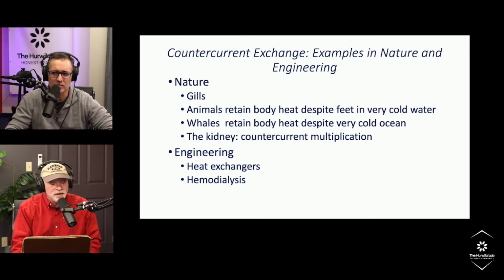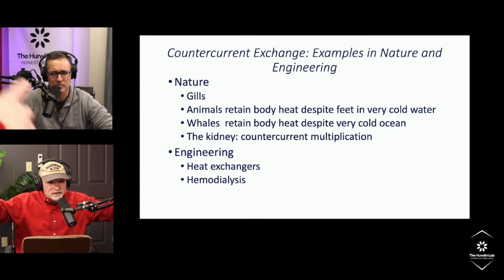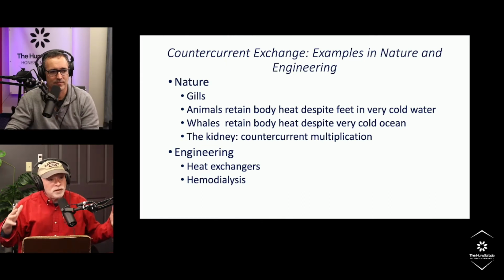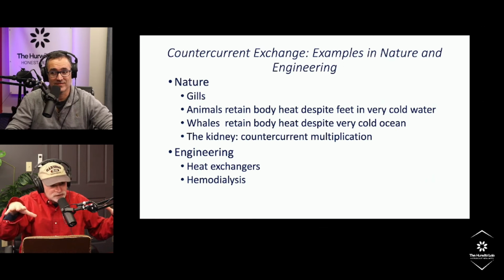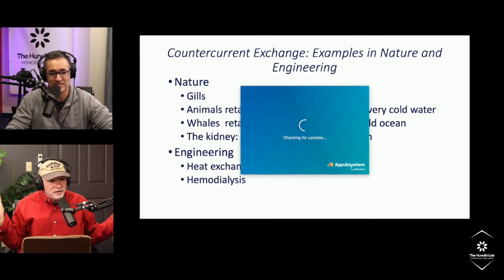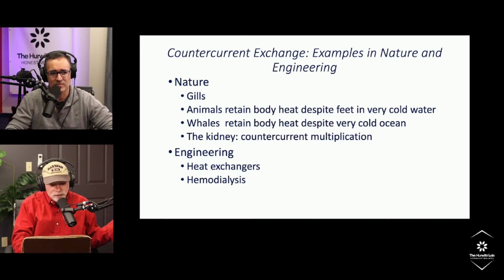And again, countercurrent exchange is combined with countercurrent multiplication in the kidney. So the whole process of countercurrent systems, to me, is the exchange in the kidney, the vasa, and the multiplication that's going on in the tubules. And so it's all this, plus the interstitium, plus the complexities and the nuances of the branching blood vessels. And then engineers have used this for heat exchangers, of course,